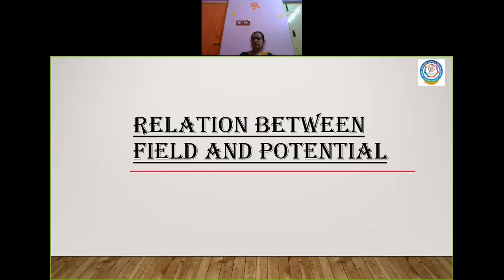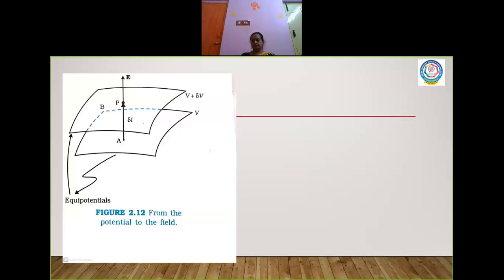It is a very small topic, children, but the formula which we are going to arrive at is very important. This is used in solving many problems, and this formula is helpful in analyzing various other concepts also. So please be very clear in understanding. Okay, so let us consider two equipotential surfaces.